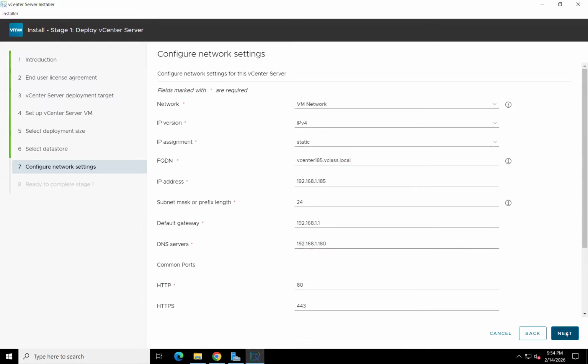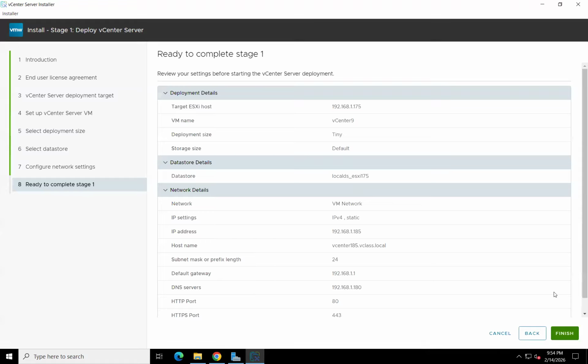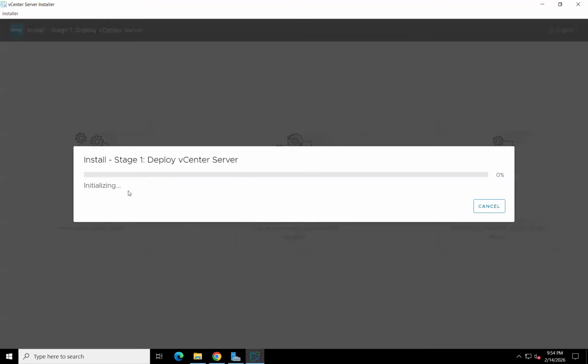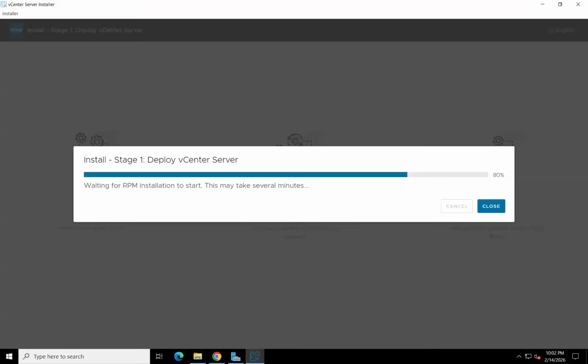And when you click next, right, and you click finish, stage one will be started, right? It might take much time, or maybe in your case less time, depending on your available resources and your storage type. If it is SSD, the deployment will be fast. If the disks of that host are HDDs, then the deployment would be slow. So let me take a break. So basically,